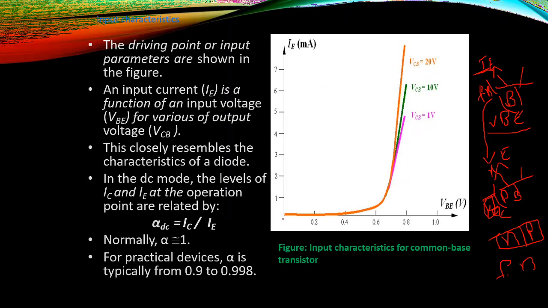So for the transistor also, according to the VBE voltage, the current IE will increase exponentially. This way you are going to call it the cut-in voltage. If it is germanium, it is 0.3. If it is a silicon type of material, the cut-in voltage is 0.7. The cut-in voltage is nothing but the voltage at which the current starts conducting.